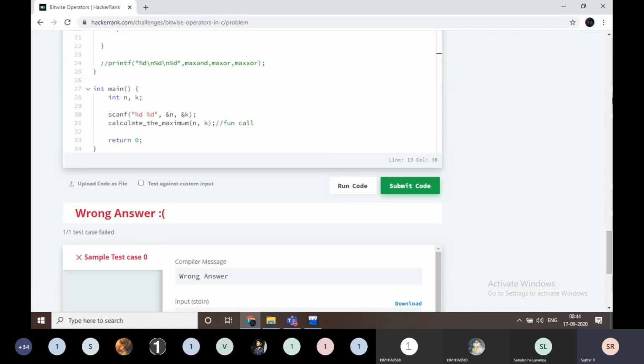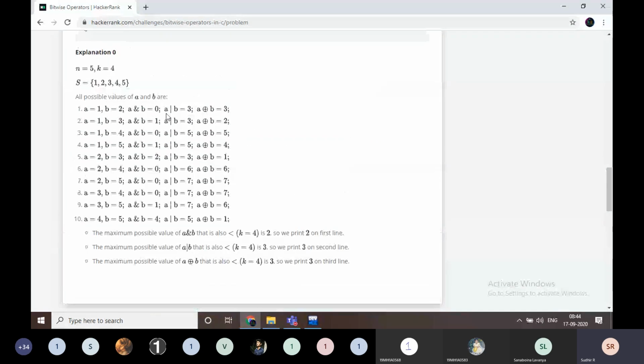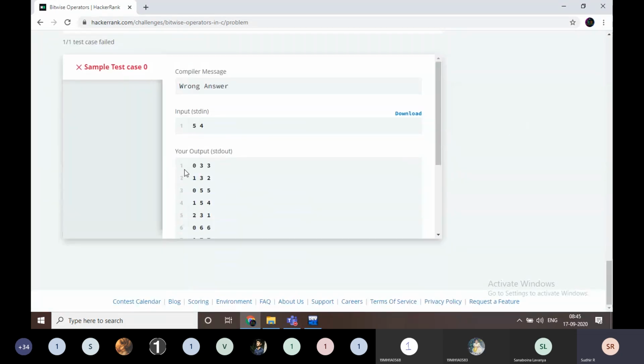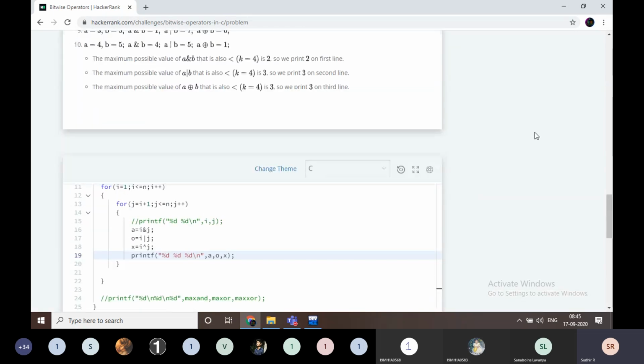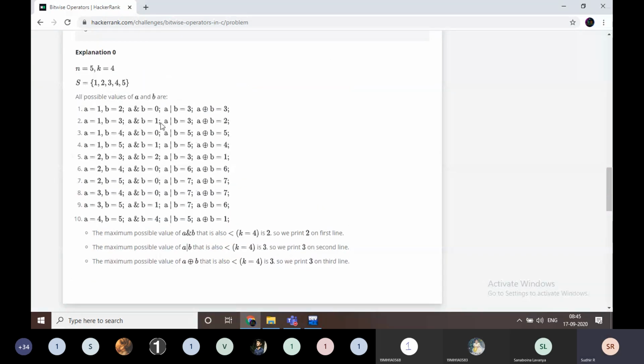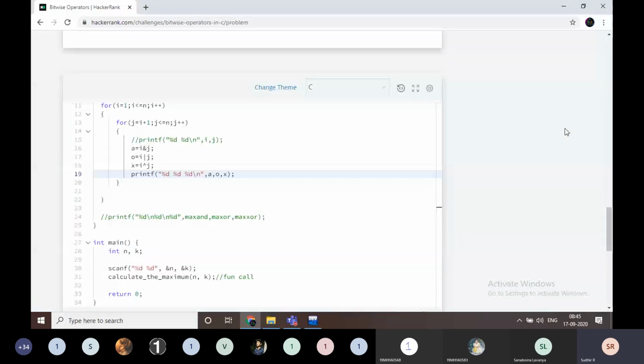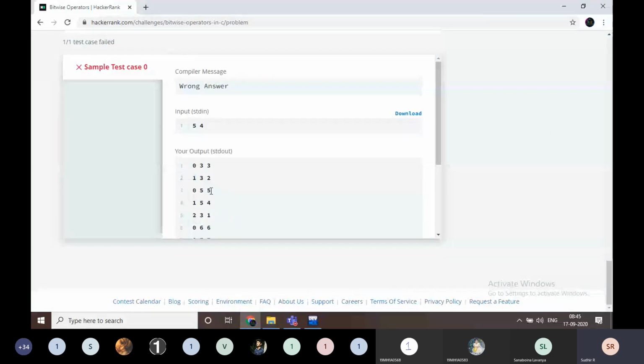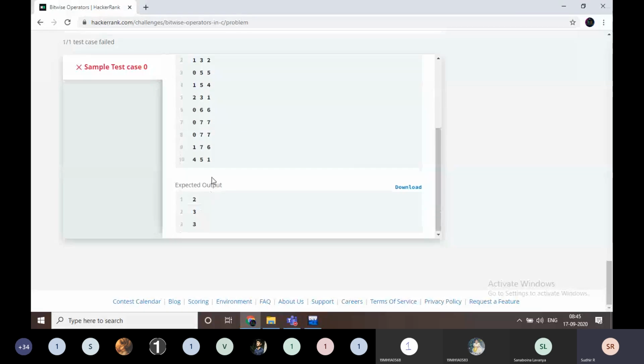Just look, this is the output, right? 0 3 3. For the first time, 1 and 2 give 0 3 3. Just look at the output: 0 3 3, then 1 3 2, 1 3 2. Then the next one is 0 5 5. Just look at here. These are the values.